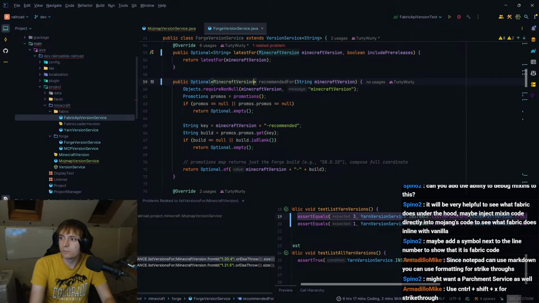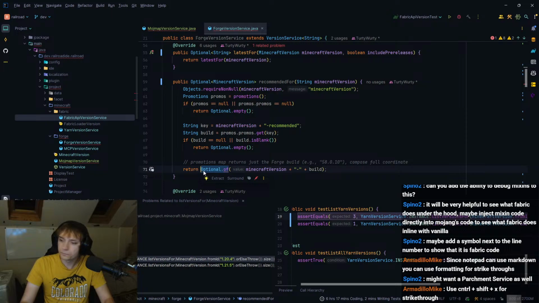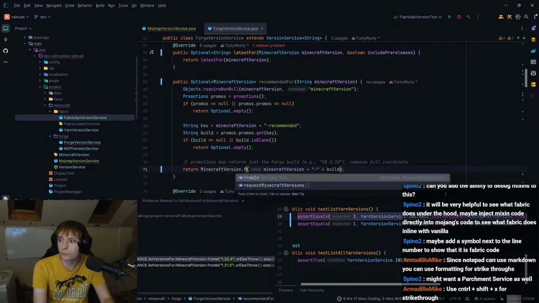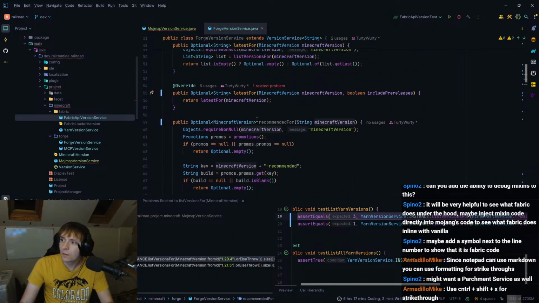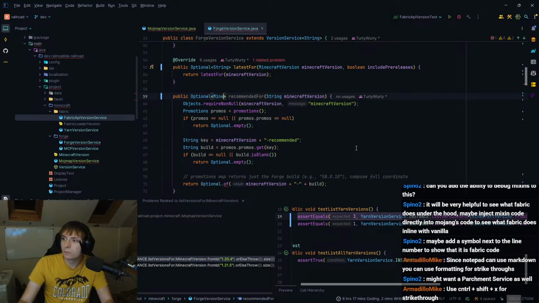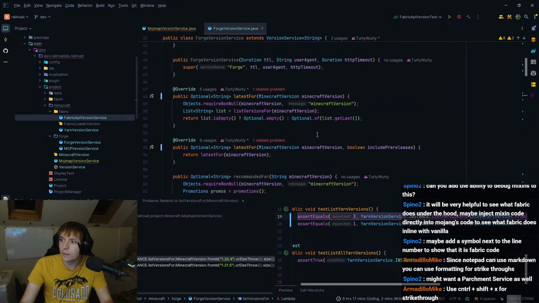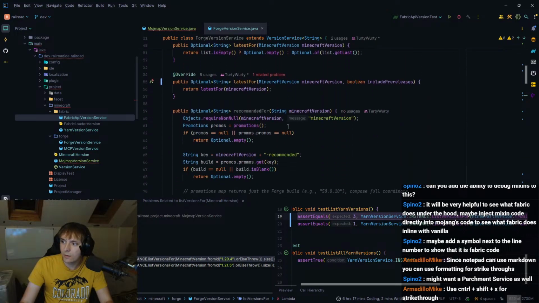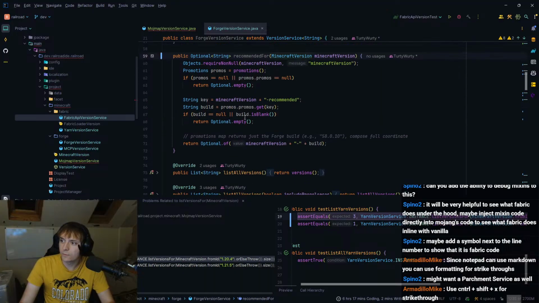This needs to return Minecraft version. Minecraft version dot from ID. Wait, no, that's the wrong way around. Never mind. That was fine. The thing I needed to change there was this. So that just needs to be a Minecraft version.